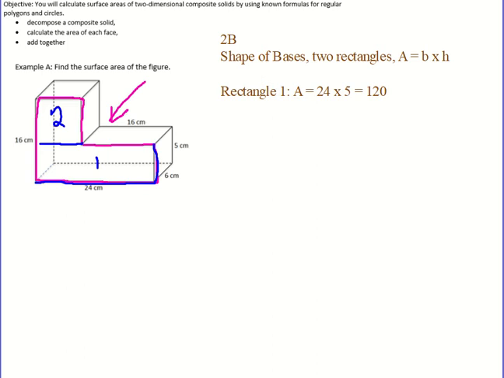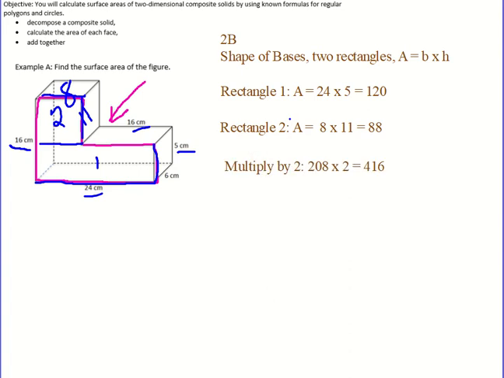So 24 times 5 is 120. And then for this top piece, you have to do some subtraction. You're going to take the vertical distance as 16 minus 5, and you get 11 for this piece. And then for this piece, you're going to take the horizontal distances, 24 minus 16, and you get 8. So we're going to do 11 times 8, and you get 88. Add the 120 and the 88 together, and you get 208, and then multiply by 2